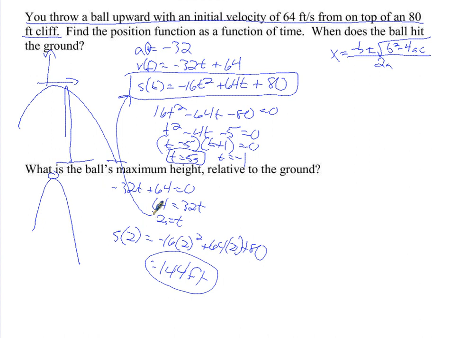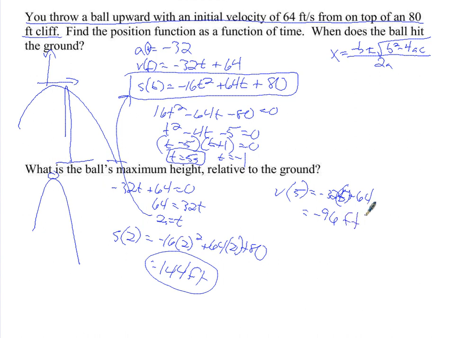What is the velocity of this thing when it hits the ground? When it hits. Well, we have to plug 5 seconds. Plug 5 when it hits into the velocity. So v of 5, this wasn't asked, but it will be. v of 5 equals negative 32t plus 64. Sorry, negative 32 times 5 plus 64. Negative 96